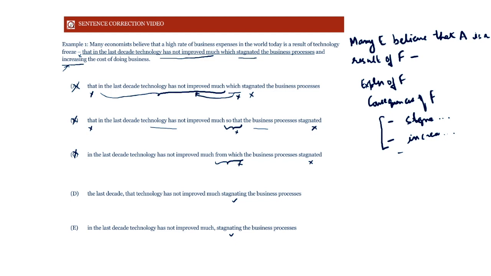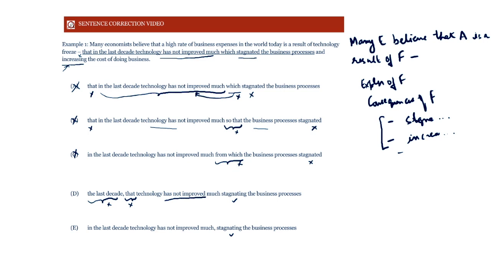Now, the last decade, that technology has not improved much, stagnating. Now, what does this that stand for? What does it refer to? Over here, it doesn't have any reference. We're not talking about some particular technology, right? For example, in case we were talking about genetics, so that technology has not improved much, fine. But then we're not talking about any particular technology over here, and that is why the use of that is not correct. In fact, the use of the last decade is also not correct